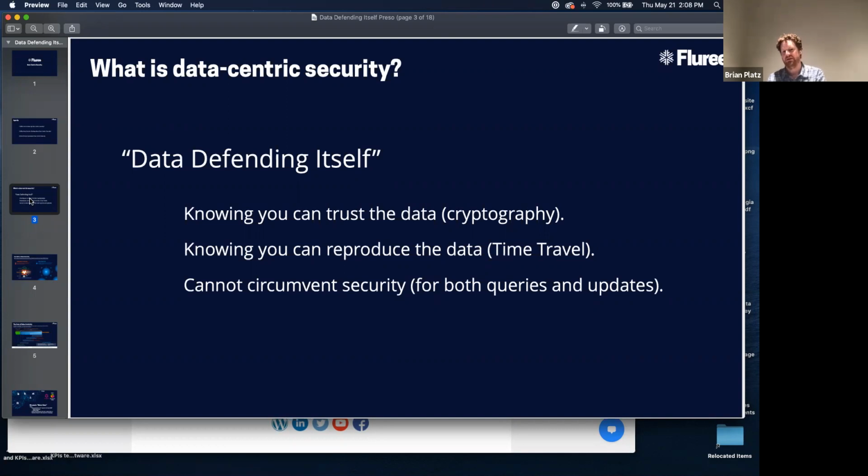And that's really what Fluree is all about doing at the end of the day. It's bringing you additional value to the information that you have. And we do that in several ways. One of the core tenets of this is going to be security. So when we say data defending itself, what do we mean? We mean that